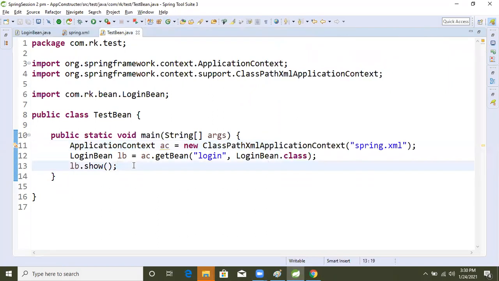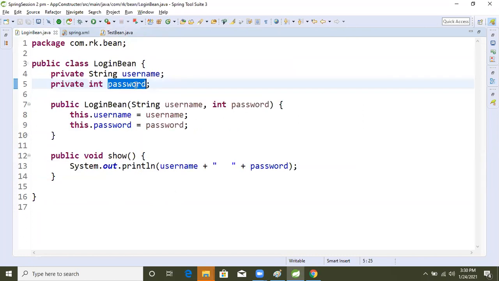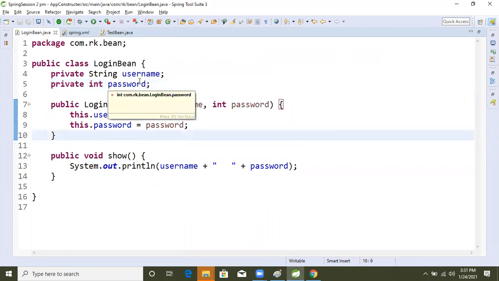One more, let's understand object type now. Object type dependency injection, right? It means the dependency in the bean is an object type.